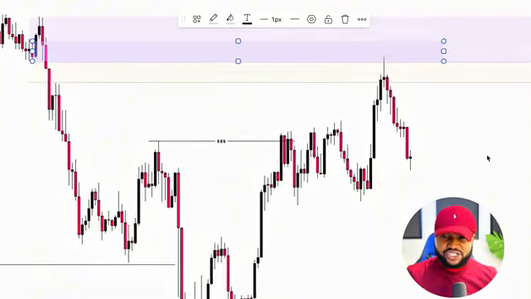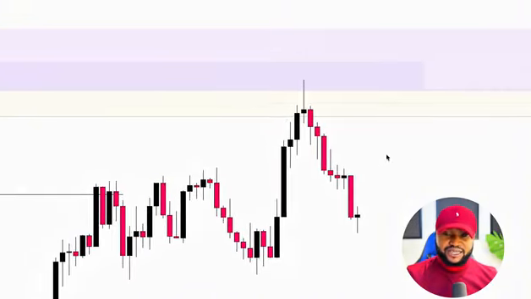And now we have a rejection candle. Look at this. We call it the swing high formation. It's a 3-candle price action where price closes below the second or the middle candle right here. I want to show you that